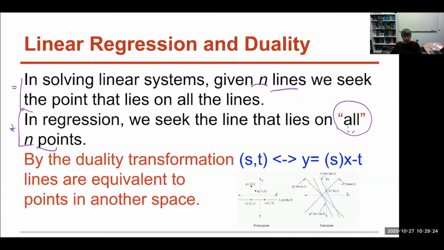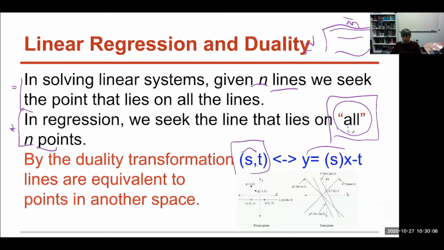Okay? It turns out that this is the major difference between solving linear systems and regression, because there is a duality transform that will convert points and lines. Again, remember I told you that you could think of an n by m matrix as n points, each of which is in m dimensions. You could alternately think of it as a set of n equations, each of which has m variables. There is a duality transformation, which given a point (s, t)